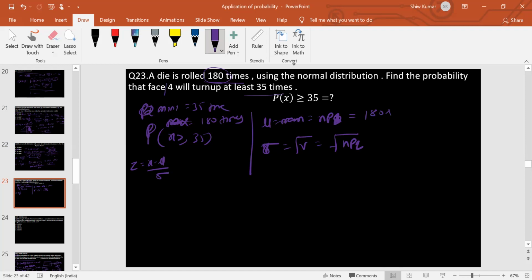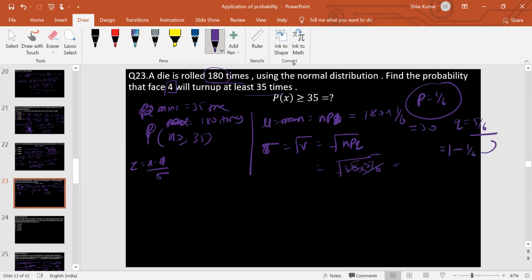and what is the probability of getting a 4? तो I can say that the p must be 1/6, क्योंकि 4 dice में एक ही है, so it's 1/6। अगर एक बार हम turn up करते हैं तो I can say that the mean will be 30। तो देखो NP का value आया 30, तो substitute that NP value is 30 और Q का value कितना होगा, तो Q must be equal to 5/6। Not getting 4 is what, तो not getting 4 is 1 - 1/6, will get it here 5/6। तो Q का value put कर दो, यानी 5/6 और ये sigma हो जाएगा 5 here। तो now you can find out the Z value। It's 35 minus mu is 30 divided by 5 and it's a 1।